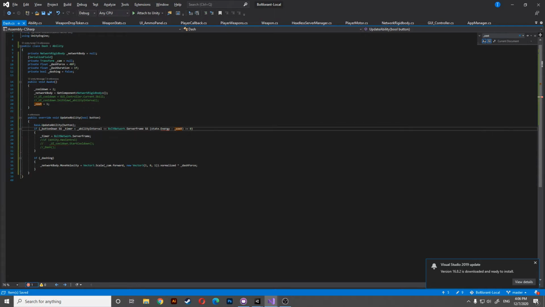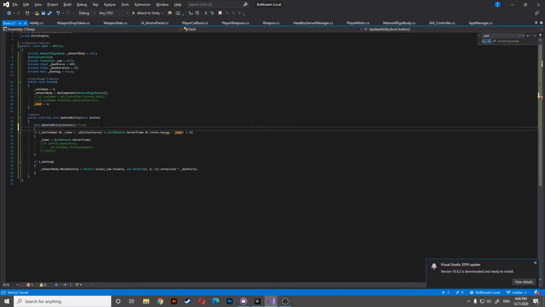And here we're gonna need to add the energy to your state. So here what we're going to do is simply execute the update ability at first to know if the button is pressed or not. It's important that this is in front of every code that we will write. This way you are sure that you are receiving the good inputs. And here, if the button is down and the energy allows it to,